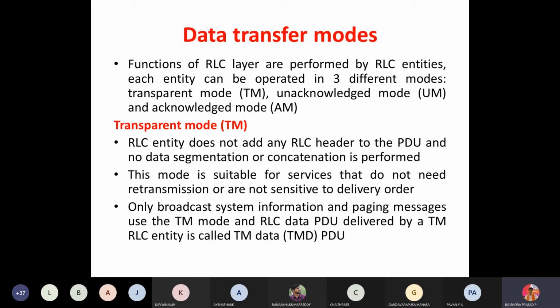This mode is suitable for services that do not need retransmission or are sensitive to delay. Only broadcast system information and paging messages use the TM mode.